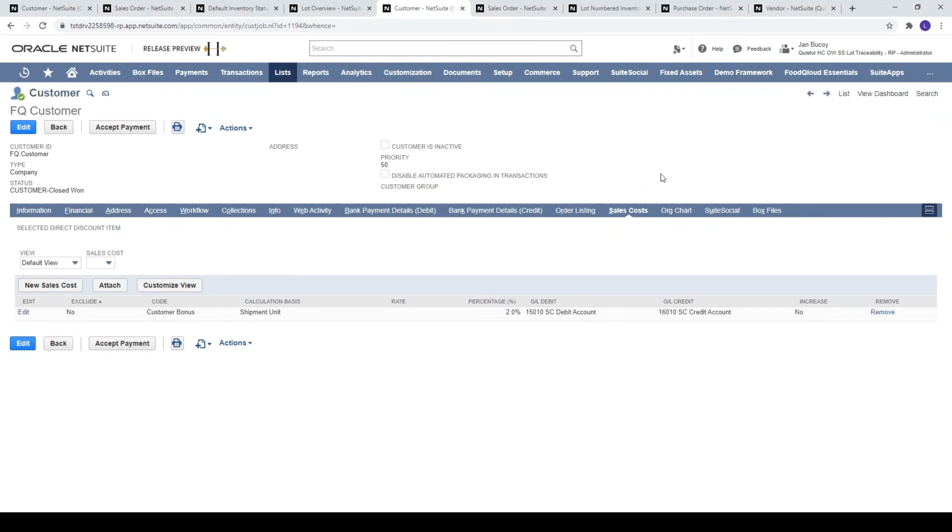Now I am in the customer card again. I am in the sales cost subtab. You can see that I have created a test sales cost for the customer bonus. We can set the GL debit account and the GL credit account. As you see in the line, we set a percentage or a flat rate,